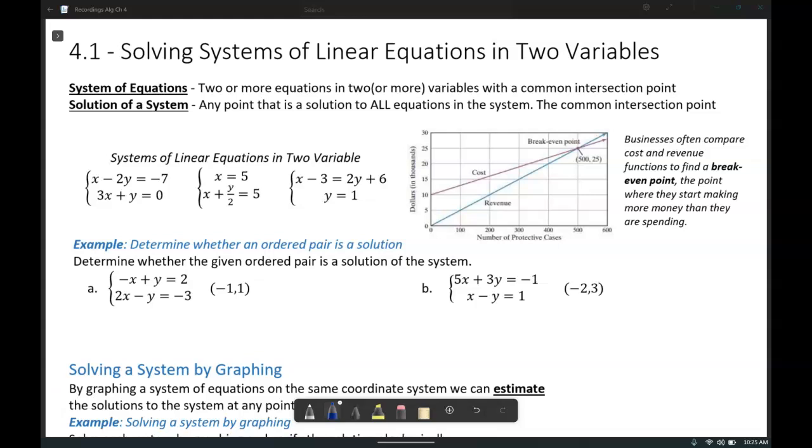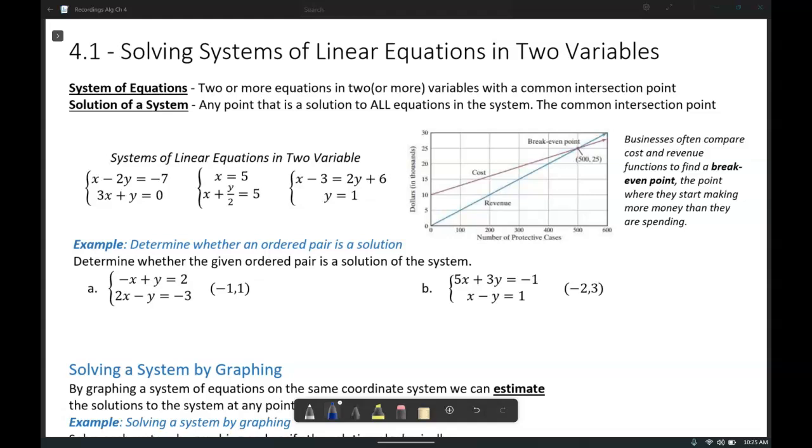Let's move into our new unit on systems of linear equations. We're going to be focusing on systems of linear equations in two variables, and we're going to limit it to just two linear equations. However, you could have a system with more than two equations as well as more than two variables. With a system of equations, we're graphing them on the same coordinate grid, and we're looking for a